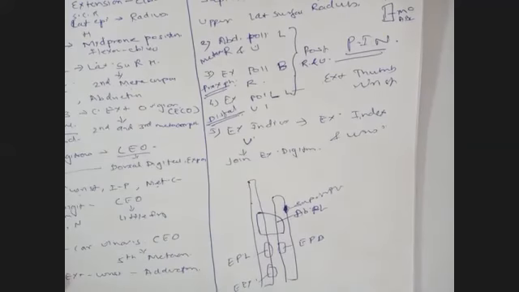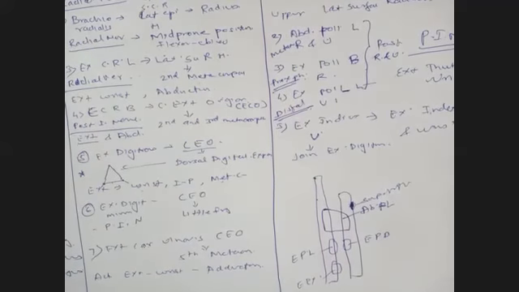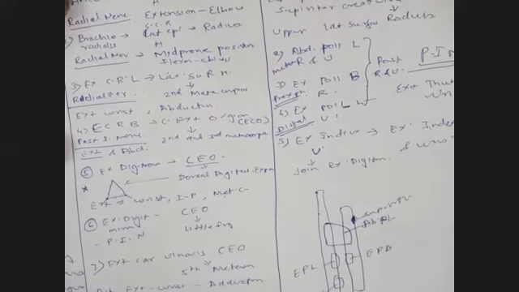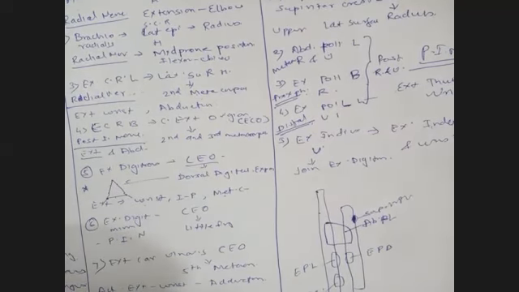Okay, so with that, we end the session. We should know the names of these muscles. We should know only the names and the dorsal digital expansion in the case of extensor digitorum. This insertion is important. And the nerve supply: only 3 of them are supplied by the radial nerve, the anconeus, brachioradialis, and extensor carpi radialis longus. All the remaining are supplied by the posterior interosseous nerve, which is a branch of the radial nerve. So that is the overview of the muscles of the posterior compartment of the forearm. Okay, thank you.